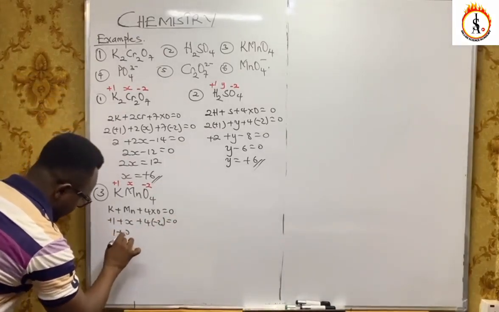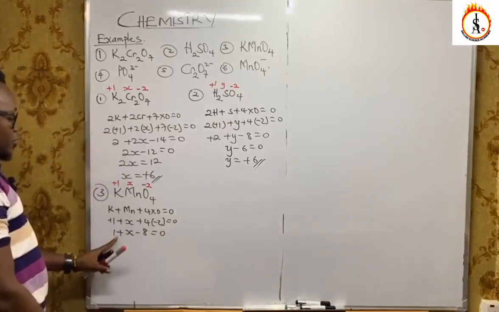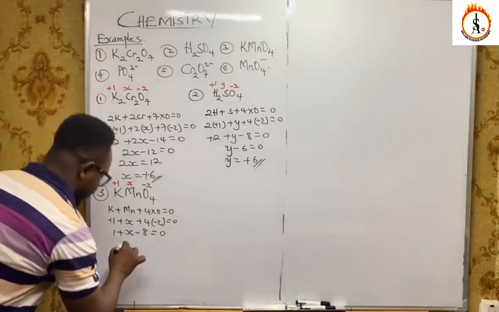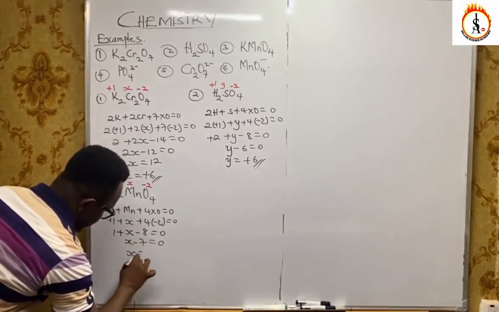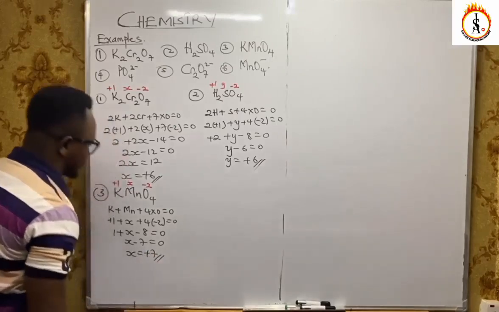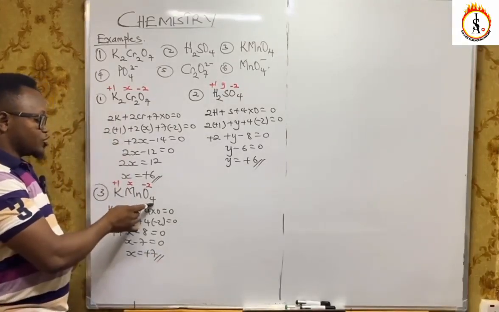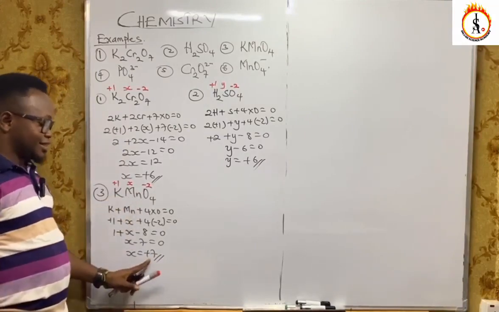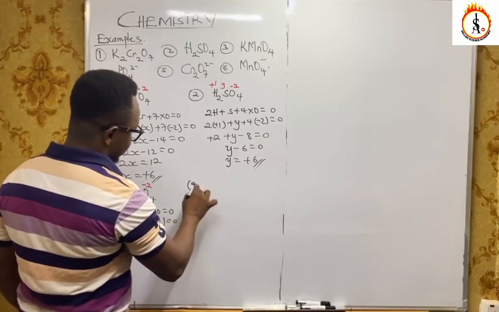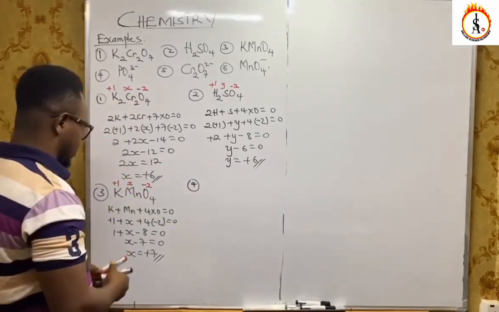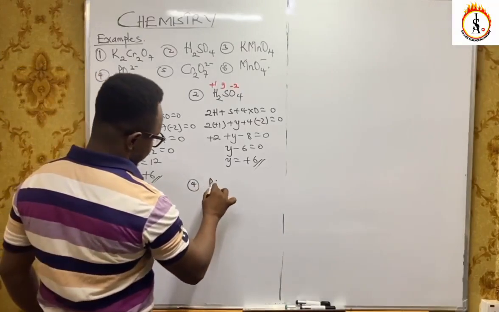So we get 1 plus X. This gives us -8 is equal to 0. +1 minus 8 is -7. So X minus 7 is equal to 0. X is equal to +7. So we can refer to this as potassium tetraoxomanganate(VII). So that is for this. And then we look at the fourth example. The fourth example we have here is